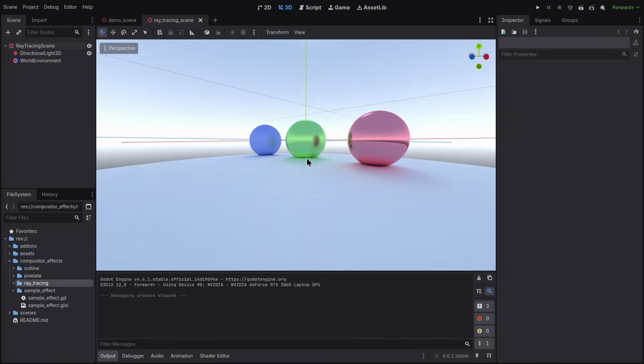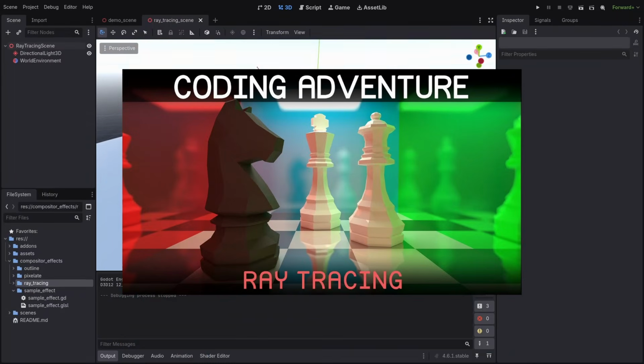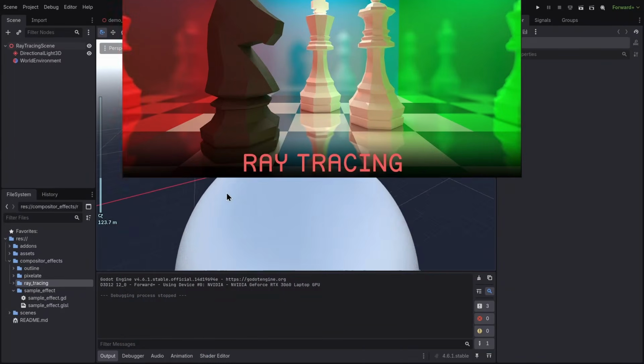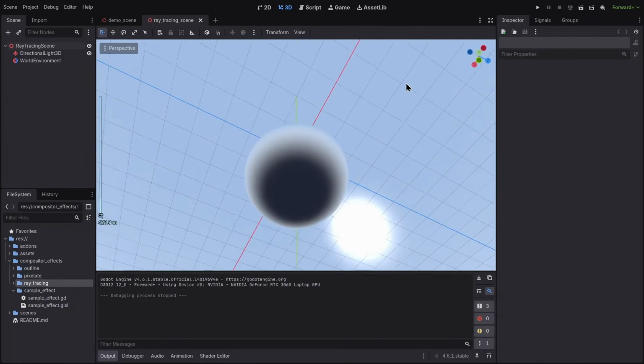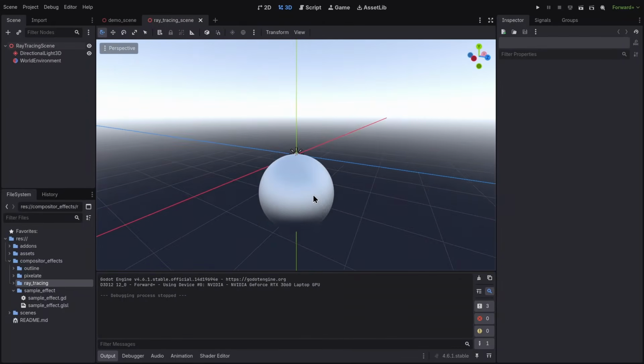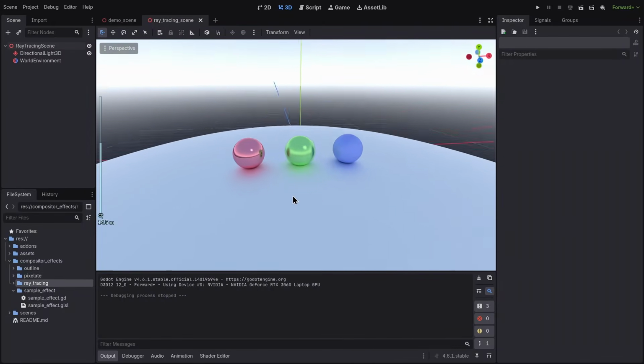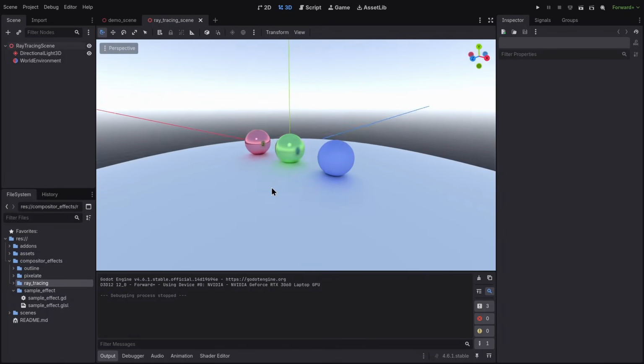A lot of the shader code here is inspired by Sebastian Lague's video on the subject, which I'll link in the description. I plan on making a full video on ray tracing in Godot, but no spoilers, at least for now. Actually, if you look through the source code of the ray tracing example specifically, you'll notice that I'm not